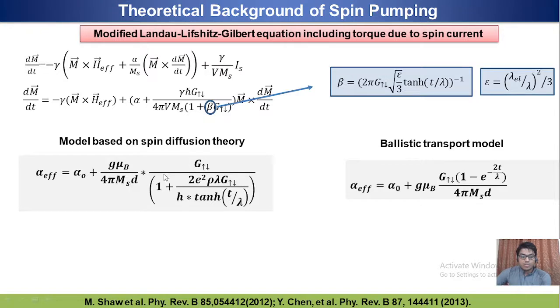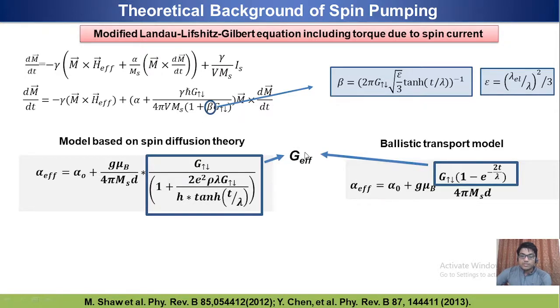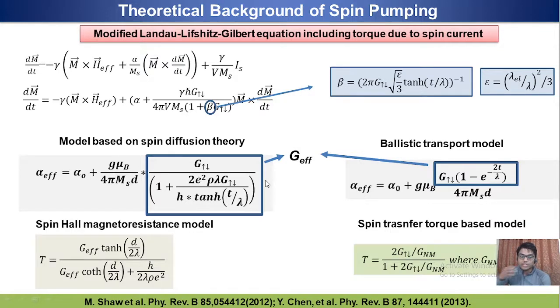by using this formula. Here G_up-down is the intrinsic spin mixing conductance, which is taken without consideration of the spin backflow, and G_effective is the effective spin mixing conductance, which takes into consideration the spin backflow factor. And then to calculate the interfacial spin transparency,